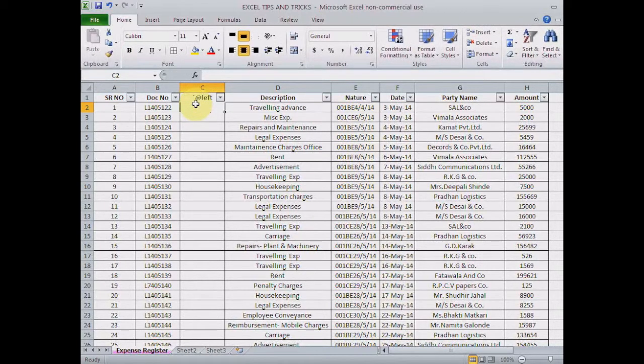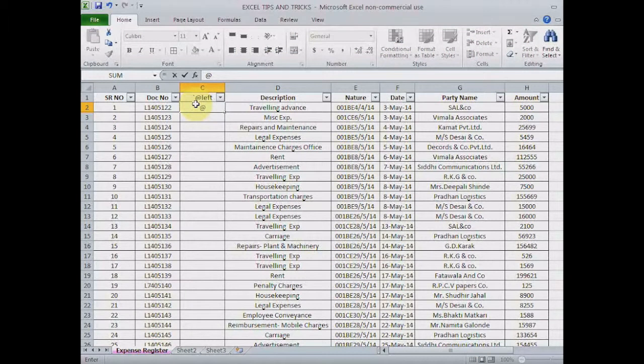What is this @left function? The @left function returns the first character or characters in the text string, based on the number of characters the user specifies. That means here I want the first letter from the document number. So @left can give me, from the left, the number of letters or numeric values I want. So how to use this @left?